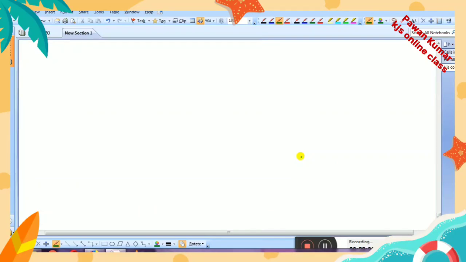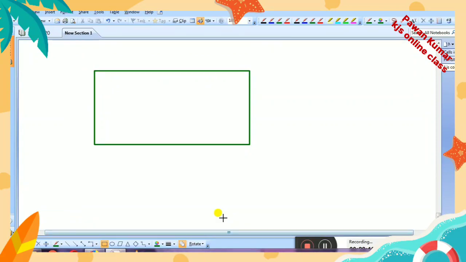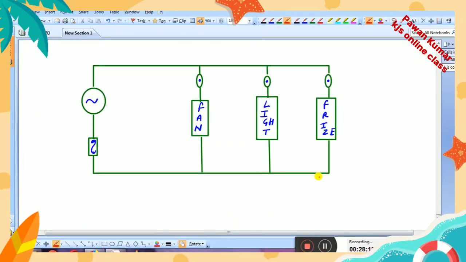Now look, children, I will draw one circuit for you that will give you better understanding. Here I have drawn one household circuit for you to understand the working of fuse. You can see this part is the fuse, having a wire also. This is the fuse wire. Now this is the symbol of an AC source. In the previous circuits we were using a battery. Battery is a DC source and this is an AC source.